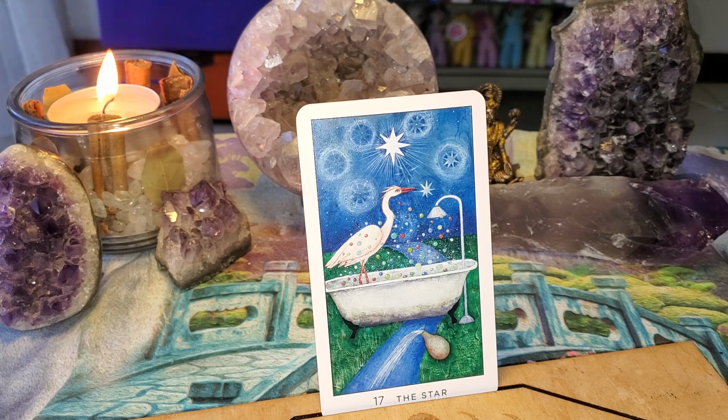After the catastrophe and breakdown of the Tower, the Star lights up the sky as a card of blessings. It is the creative flow of life water, trust, and renewed hope for one who has survived hardship. And like new skin over a wound, it represents the healing of forgiveness and the renewal of transformation. That reminds me so much of my life. That is really beautiful. A card of vision, enlightenment, and imagination, the Star helps ignite creativity and sets the north